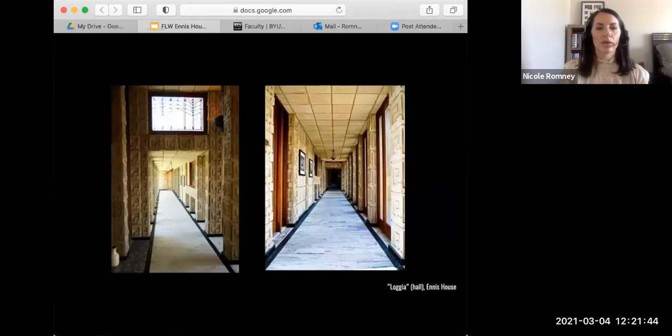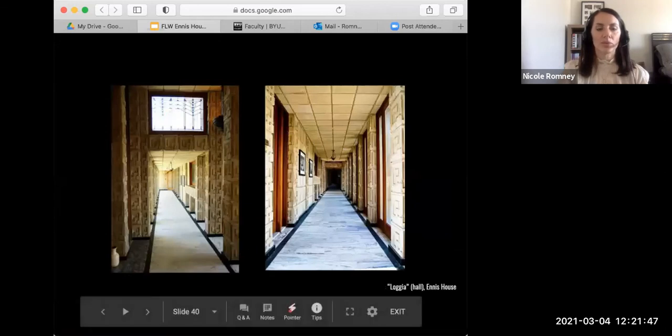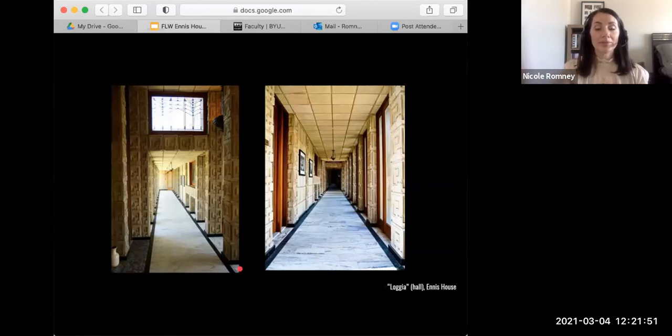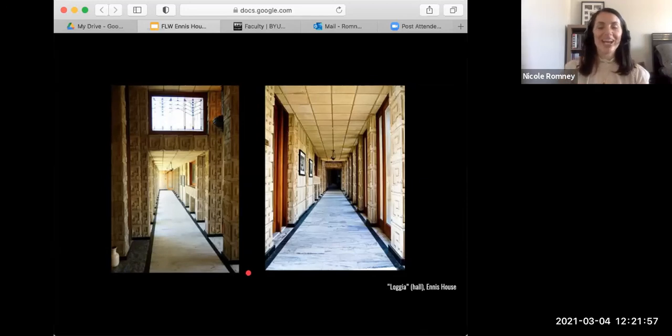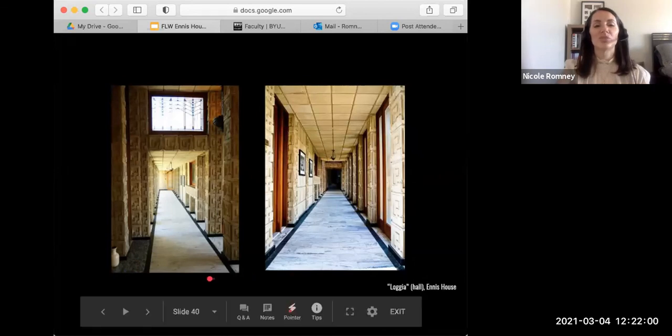And so he left his son to sort of complete the work and work with Charles and Mabel Ennis. And Mabel was getting a little assertive, maybe would be the right word. So she decides she wants marble flooring in this long hallway. Okay, so she's the one responsible for this marble flooring,